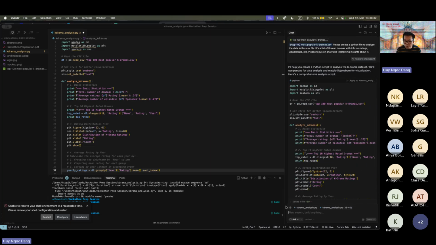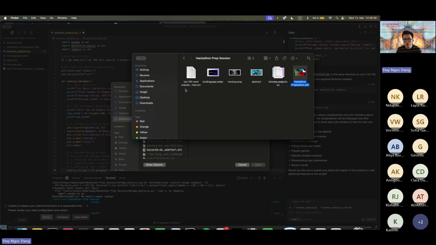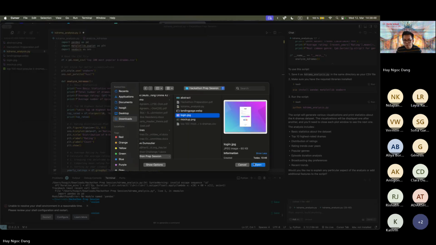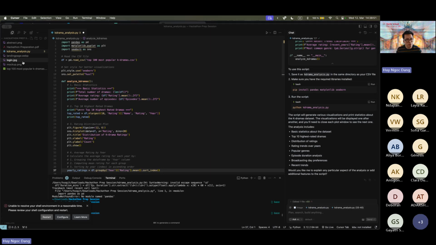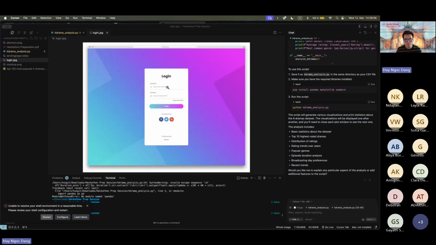And I want to show one more example. As part of this, you can also put in images as well, right? So for example, if I want to create something like this, and you can see here, it's basically just a login page, a very simple login page. And perhaps if I want to create something similar, and this is also something that you can draw, right? You can also draw on your iPad exactly what you want your app to look like.